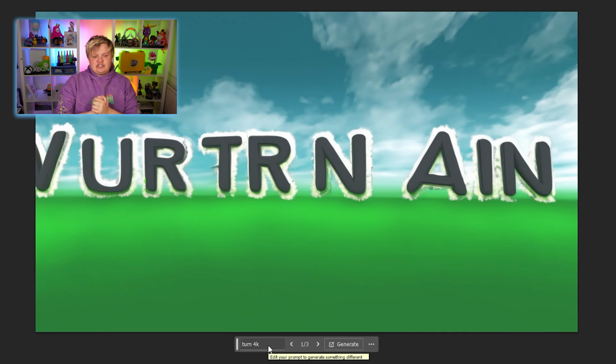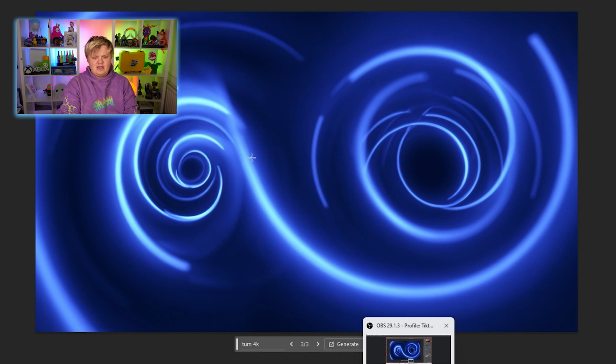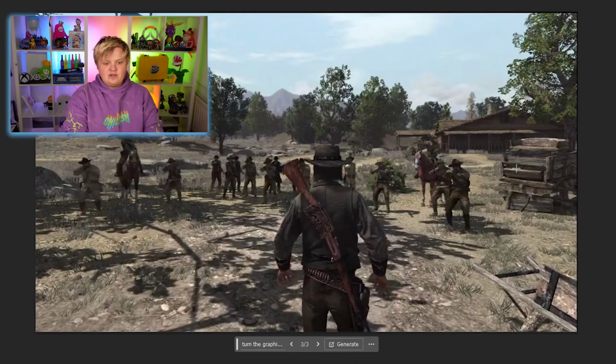It's given us the window font and just the words "Veteran Ain." Alternatively, if you don't fancy Veteran Ain, we've got Tervitheren and what looks to be a broken Matrix background and just two spiral wormholes. Okay, so that didn't work how I wanted it to, and I don't really like looking at all these people pointing guns at him,